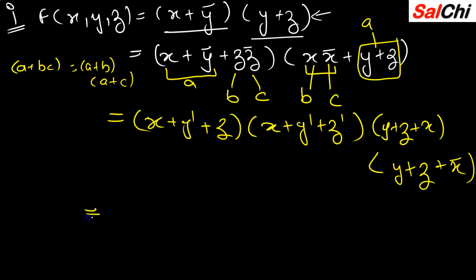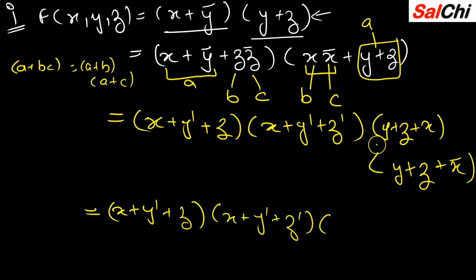Okay, so now you just got this. Now check if any duplicacy is there. Any duplicate element? No duplicate element. So we are done. Now what I have to do? Just rearrange them in X, Y, Z. So this is my already rearranged form, X plus Y, Z. The second term is also arranged, X plus Y complement. And here it is not arranged, X has to come in front, so it will be X plus Y plus Z. And in the third one also it will be X complement plus Y plus Z.